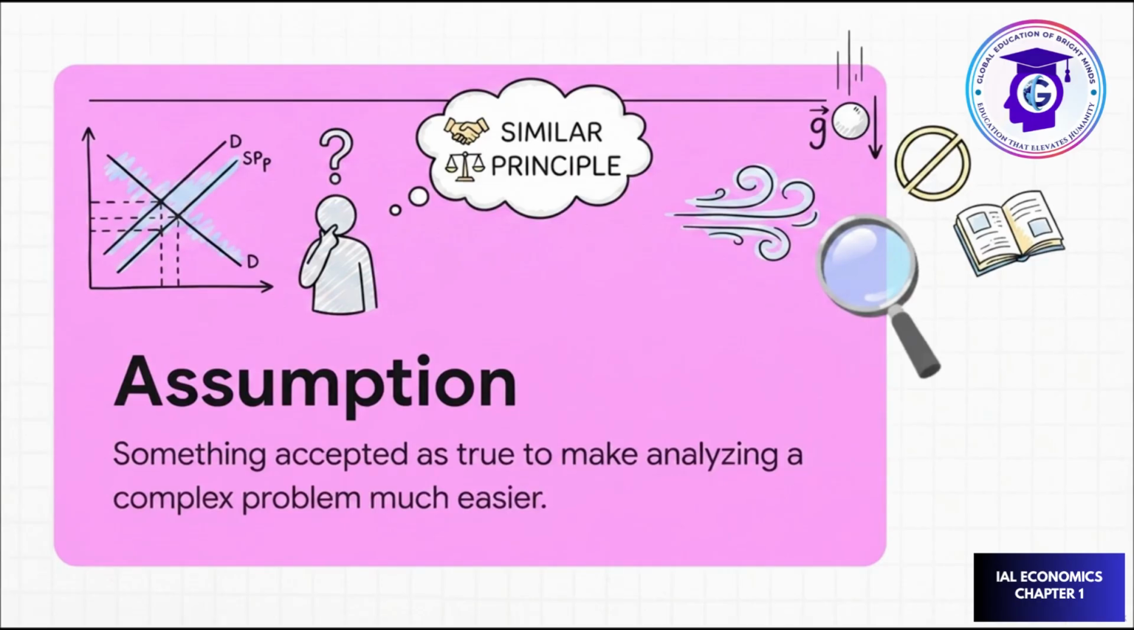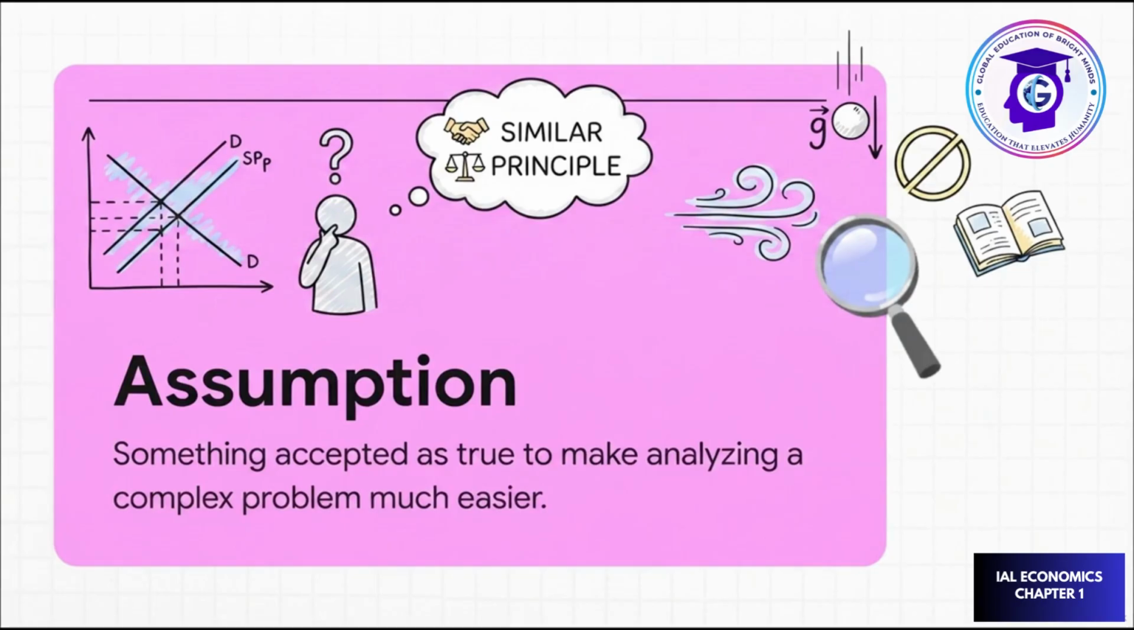And honestly, all sciences use assumptions. Think about a physics exam where you have to calculate the speed of a falling object. What does the textbook usually say? Ignore air resistance, right? By accepting that simplified condition is true, it lets you focus entirely on the core math of gravity. Economists do the exact same thing, to isolate the specific relationships they're trying to study, without getting completely